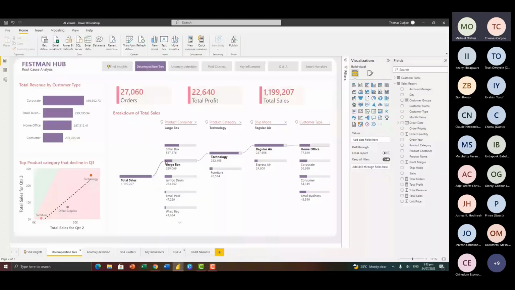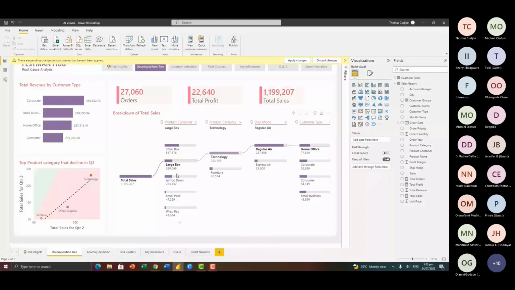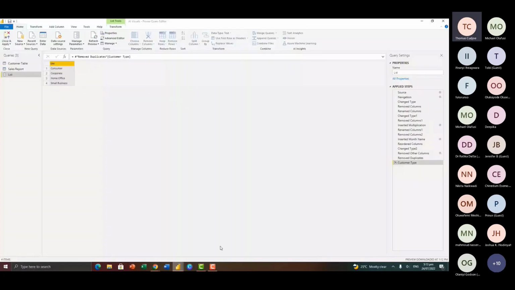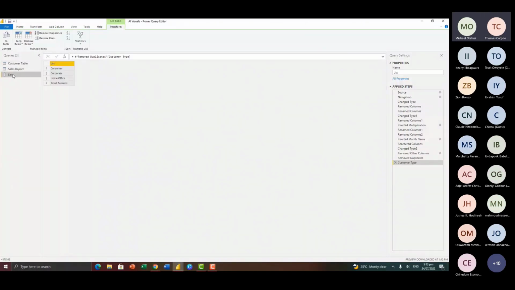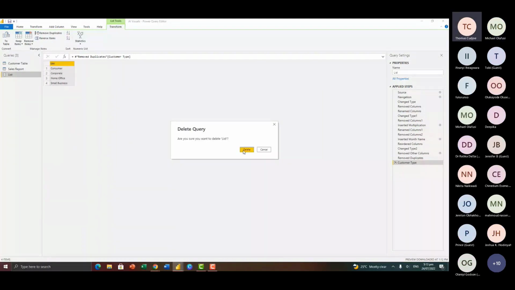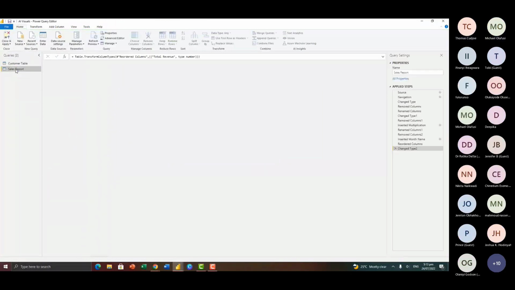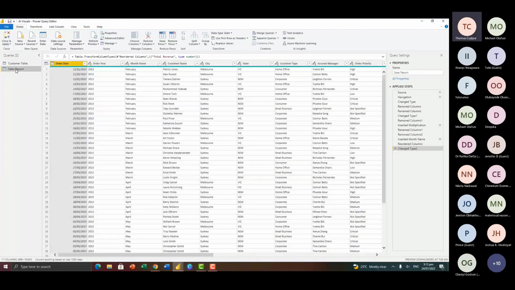Okay, screen. Is it showing now? Okay. Where you did the right click and the parameter. So let me remove. Okay, so now we are here. Is it okay now, Michael?